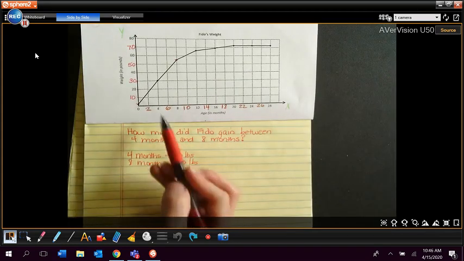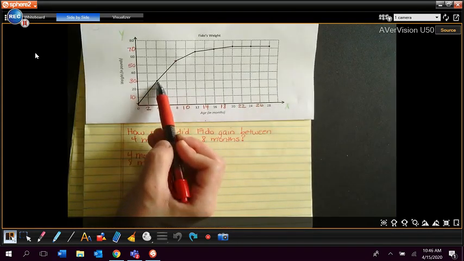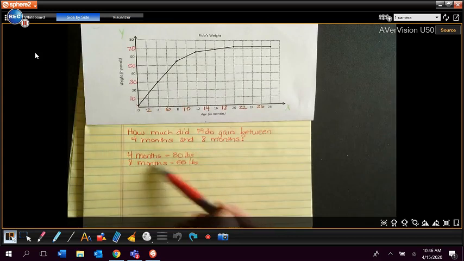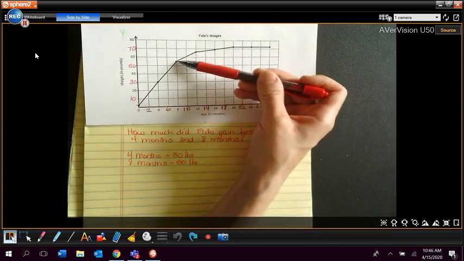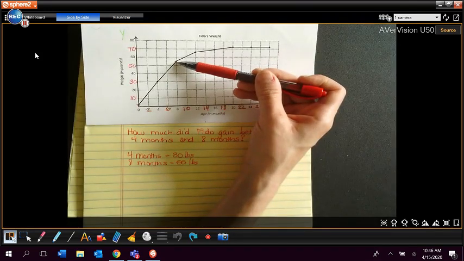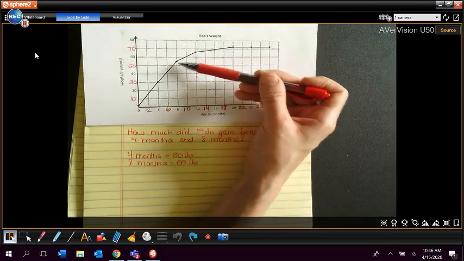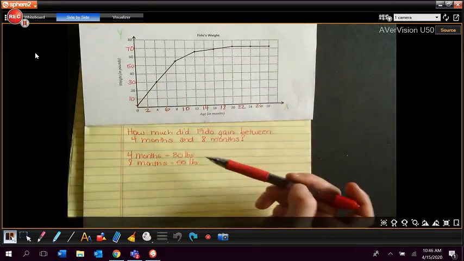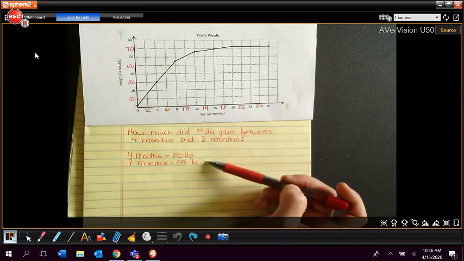So we know that for 4 months, he was 30 pounds. At 8 months, he was 55. Be very careful with this. It's not asking altogether. I can already see that maybe some of you are going to want to add these two. It's asking